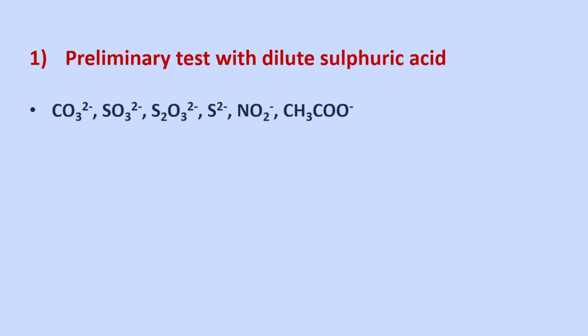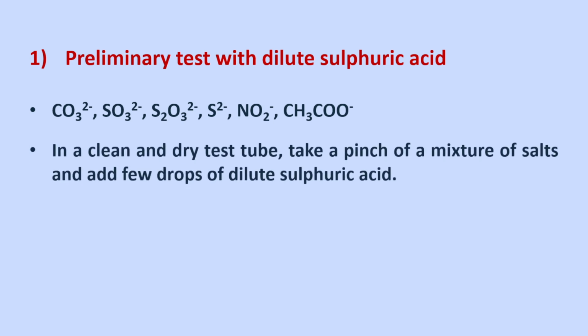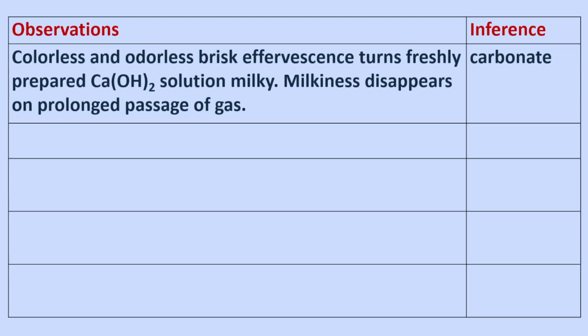The first one is the test with dilute sulfuric acid. These include radicals such as carbonate, sulfide, thiosulfate, sulfite, nitrite, and acetate. In a clean and dry test tube, take a pinch of the mixture of salts and add a few drops of dilute sulfuric acid. If you observe a colorless,